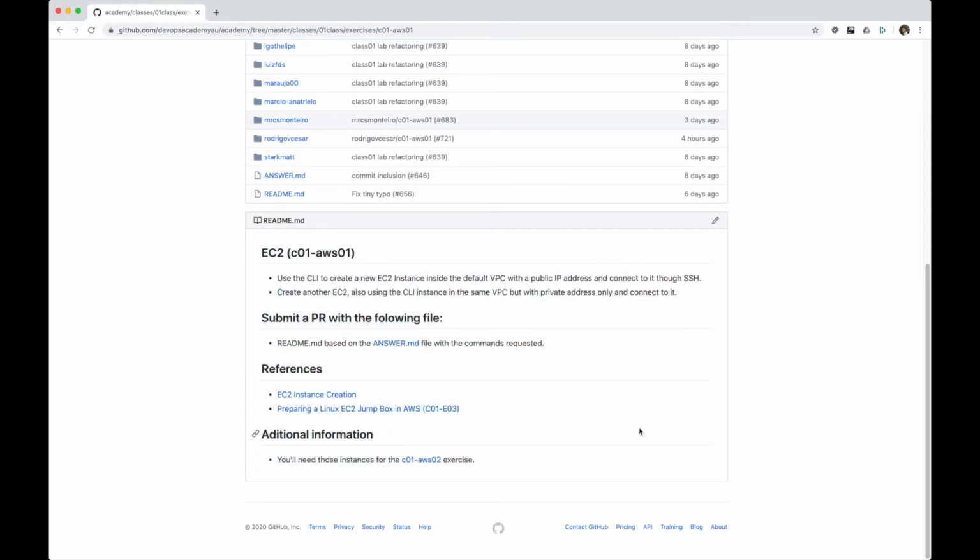Okay, so as you can see, the objective here is to create two EC2 instances, which are the virtual machines or virtual servers that run inside AWS infrastructure. The first one is going to be public. It's going to have a public IP, which means it's accessible via the internet. And the second one will be private, which means that it cannot be accessed directly over the internet. But you can still access the private machine by first connecting into the public one, and then from the public, you can connect to the private. That's called